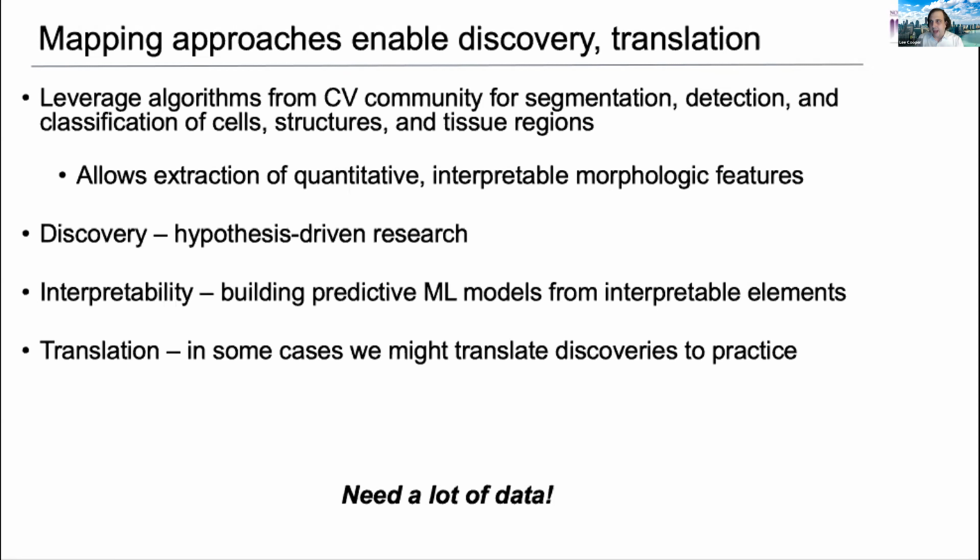And if we can generate these mappings of tissue structures and cells, then you can come up with quantitative but really interpretable measurements of tissue morphology, things that make sense to pathologists. And what that allows you to do is to test specific hypotheses, and you can't really do that with the end-to-end deep learning models. So for example, you could look at stromal cells in breast cancer and look at their morphology and some of the patterns and look at relationships between genomic data or clinical outcomes and response to treatment. That's essentially impossible to do with these end-to-end models. They don't really have any notion of different cell types that are encoded in them, right?